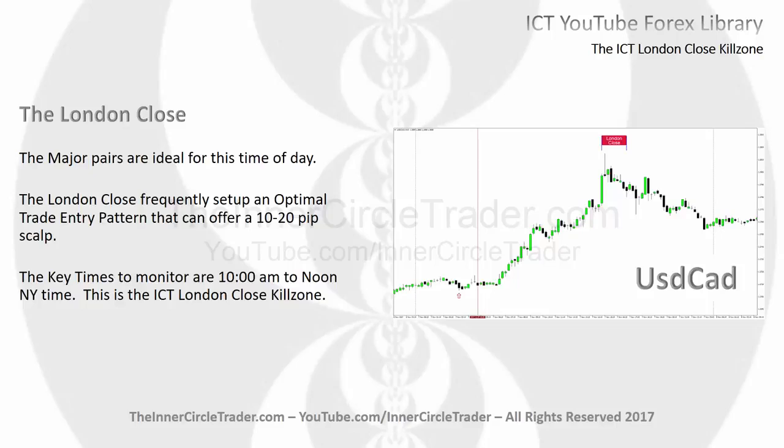As you can see here on the chart on the right, this is a dollar CAD chart. You can see the beginning of the day, we had consolidation, but in that consolidation during the Asian market, we create the low of the day. Then after midnight New York time, the market rallies one-sided all the way up into the time window that's delineated between 10 a.m. and noon New York time. This is the London close Killzone. You see the daily high formed exactly within that little window of time, and then price subsequently traded lower into